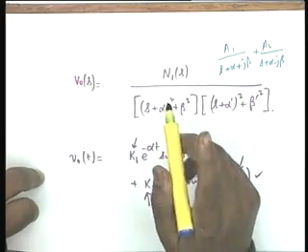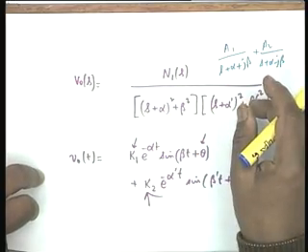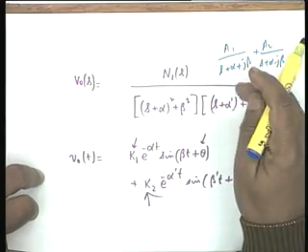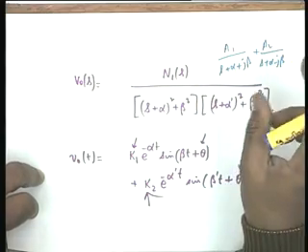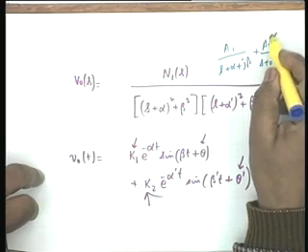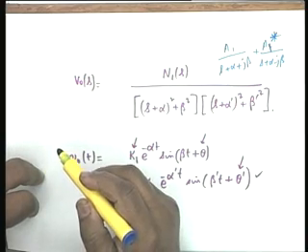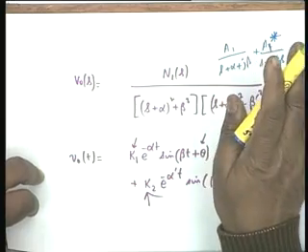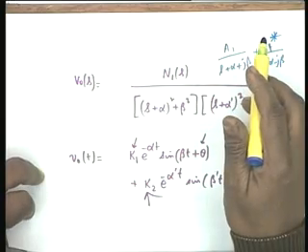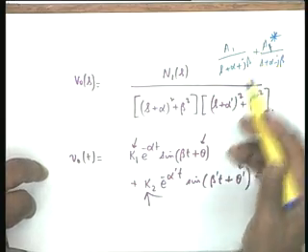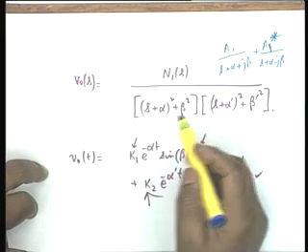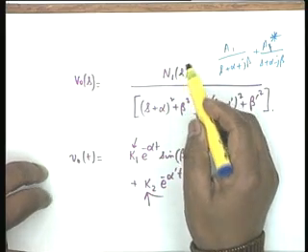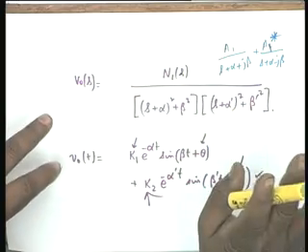If you do that by mistake, even then there is a saving grace, that because the sum of the two has to give you a real rational function, A2 must be A1 star. This simplifies things, but do not do that. This is a wrong route, and you are trying to save time. Saving time is possible if you look at this and the degree of the numerator is less than the denominator, so there are no poles at infinity.